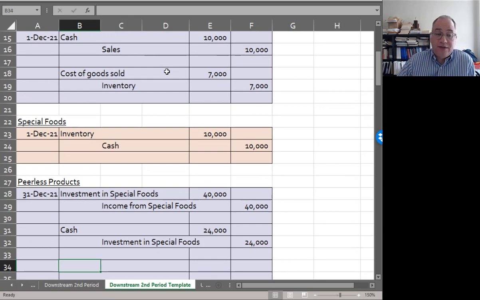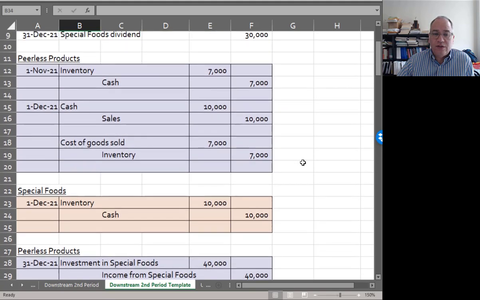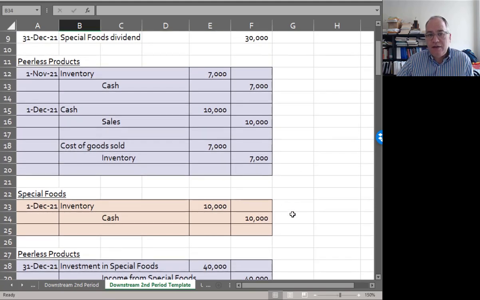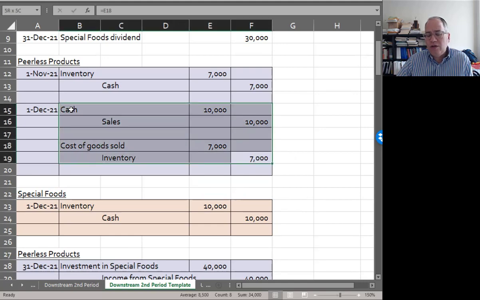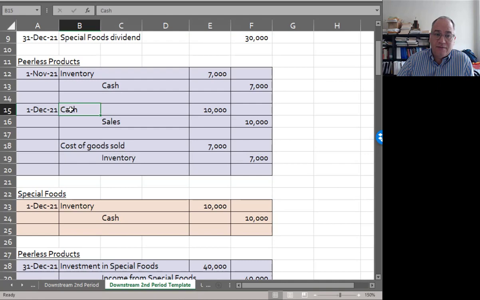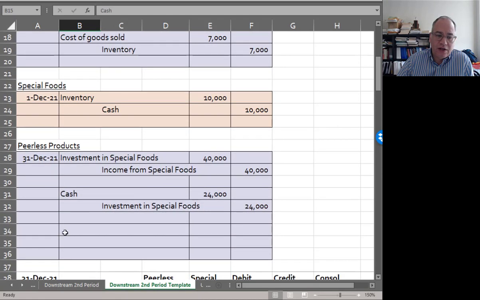And now there's one more piece to this. This is where Peerless is going to eliminate the gain. Rather than eliminate this whole entry here, what in theory Peerless should really do is debit sales for 10,000, credit cost of goods sold for 7,000, and credit investment in Peerless for 3,000, because that's where this gain is. Rather, what Peerless is going to do, because this way Peerless will know where this unrealized gain is,